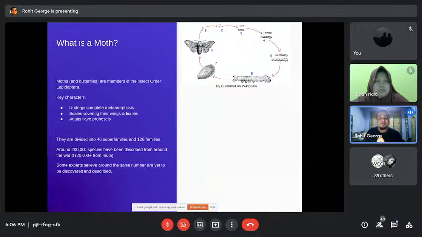they undergo complete metamorphosis. What that means is they have distinct stages of life. From this image, you can see one is an egg, and 2, 3, 4, 5, and 6 are caterpillars. So this is the first life stage. Then they go through a pupa or a cocoon phase, after which the adult emerges. This is called complete metamorphosis because there is a complete change between the immature form and the mature form.